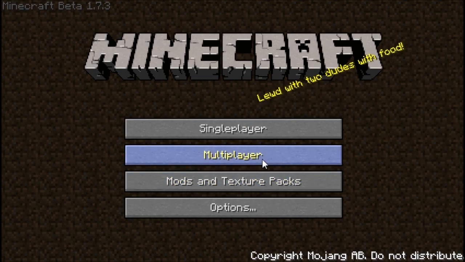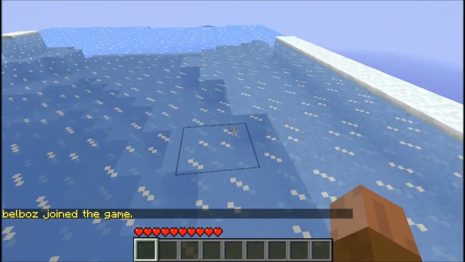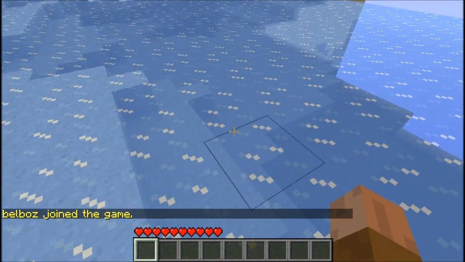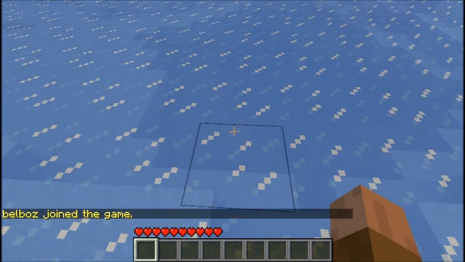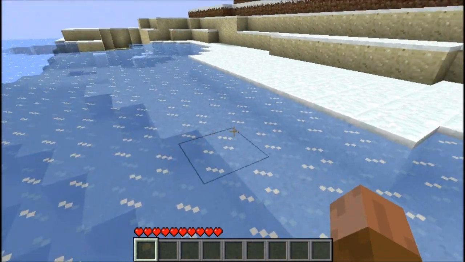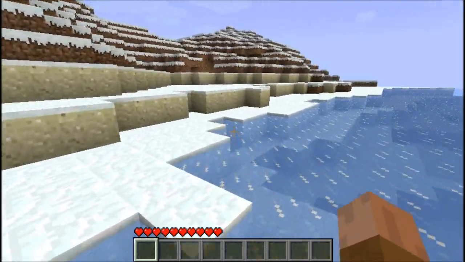All right, so here we are in Minecraft. We're going to connect to our server. You can see here we are. Let's try to break a block. See, can't do it. Puts it right back. This is because the area that's set as your spawn has a protection around it. I forget if it's a 15 block radius or 20 or something, but if we go just a little bit further away,